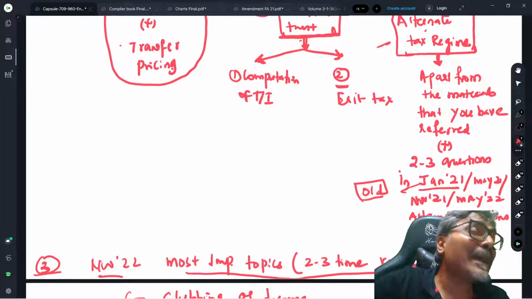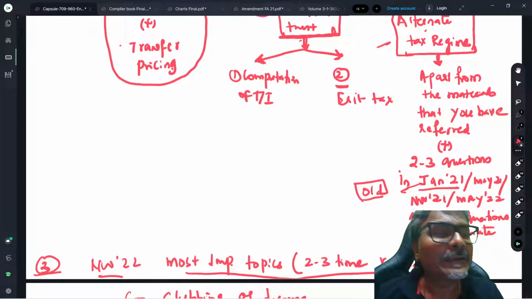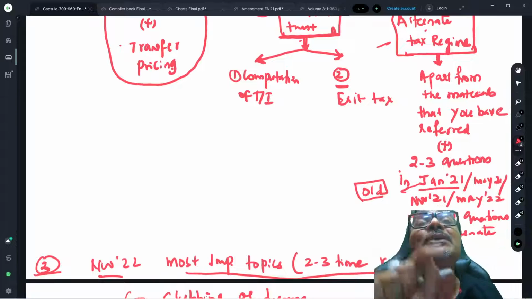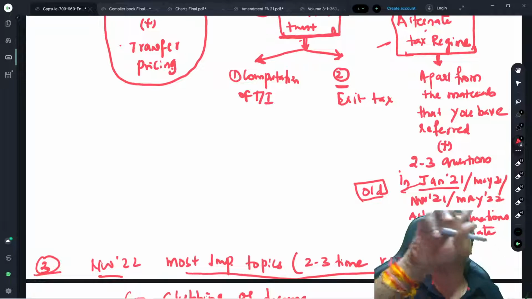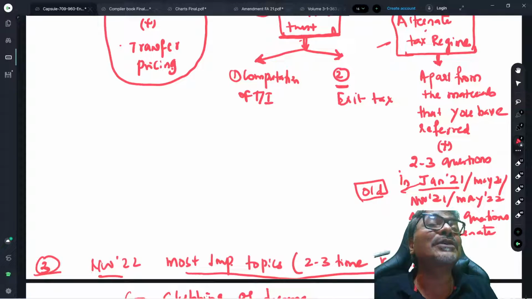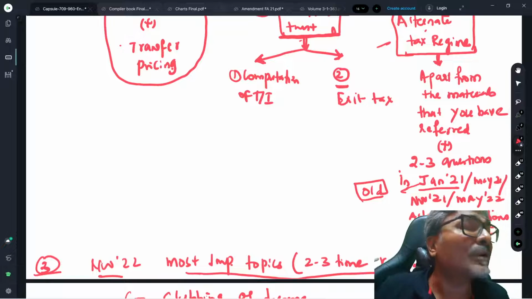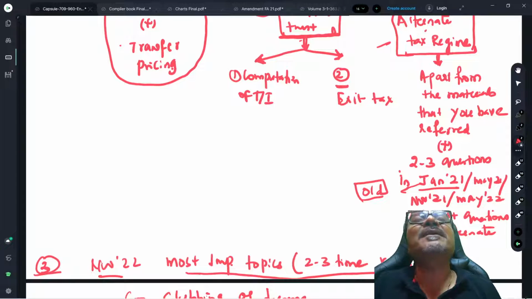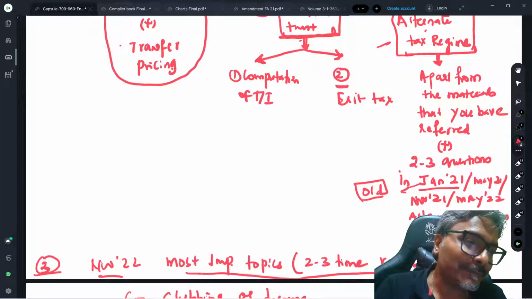Students, because of the lack of practice, they take around 45 minutes to 1 hour, and that too, they could not do justice to it. That is where you need to ensure 2 things. Number 1, the time that you consume is on the lower side. And number 2, your solution has the least amount of error. And that least amount of error can happen only when you do adequate practice.